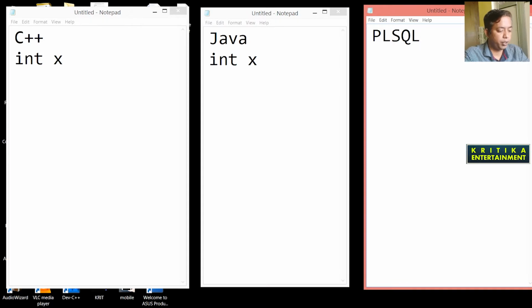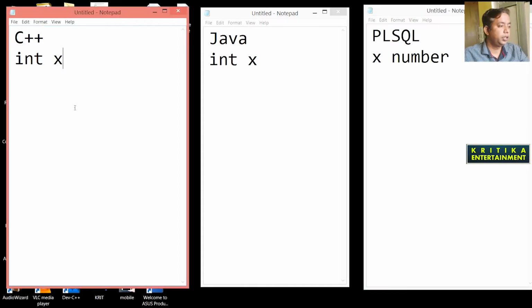All of you know about the x number. The thing is, to write the code in C++ and Java we use the throw keyword, but here we use the raise keyword.